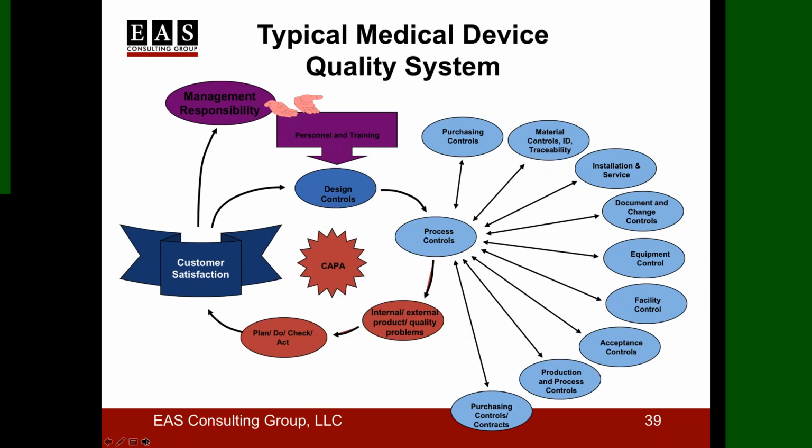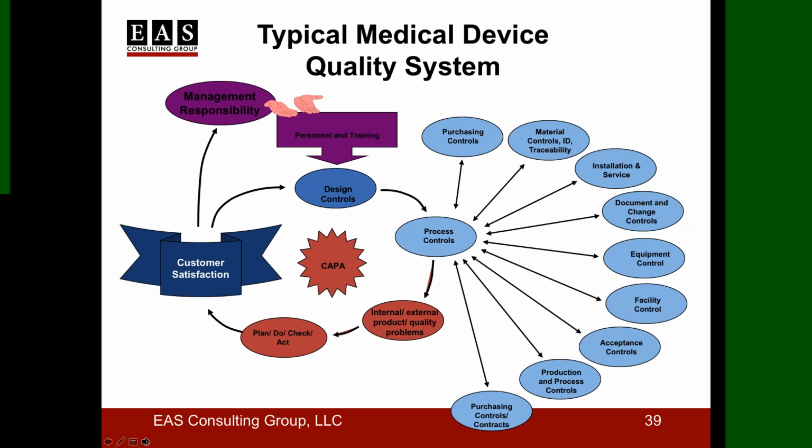I also mentioned I'd touch base on design controls. That's one part of the quality system. Here are all the other areas. The four key ones are management controls, design controls, the CAPA system, and production process controls, which again get involved